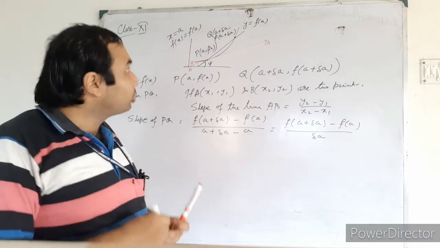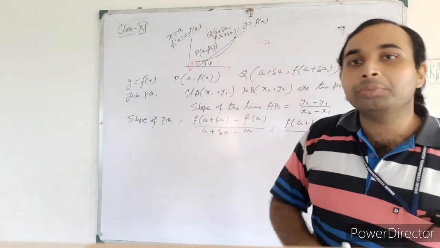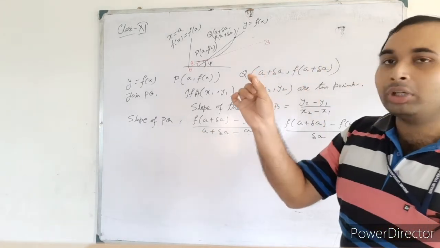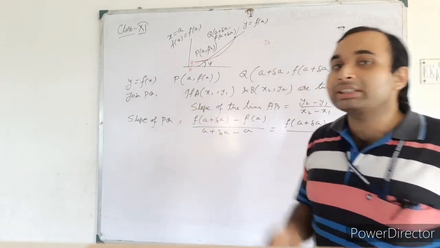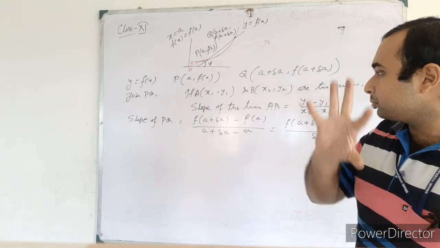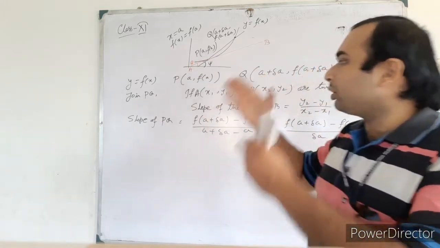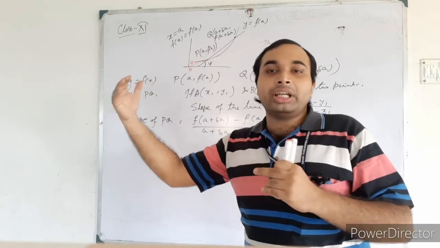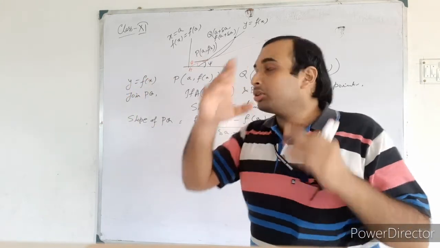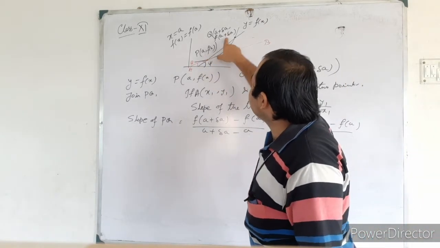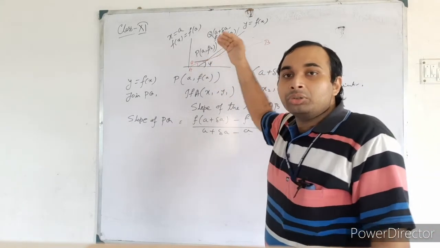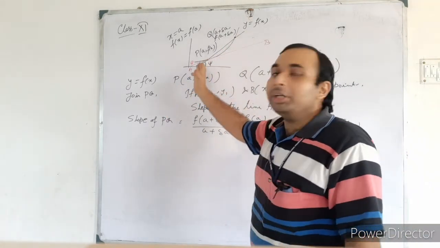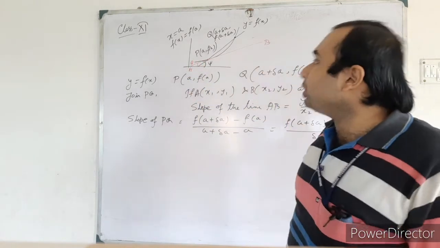Now what will we do? I told you previously in the physical significance, where we solved one small problem of the displacement, that is ds by dt. From there, we took the increase and made it tend towards 0. So here also the increase is del a, and we will take the limit del a tends to 0, so that this increment will be minimized.